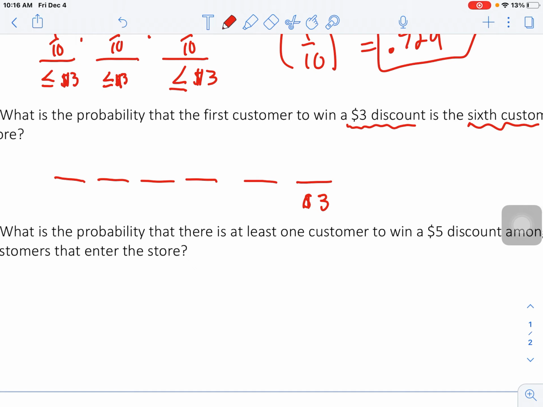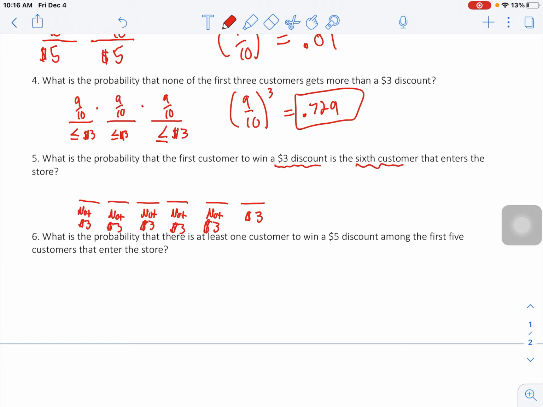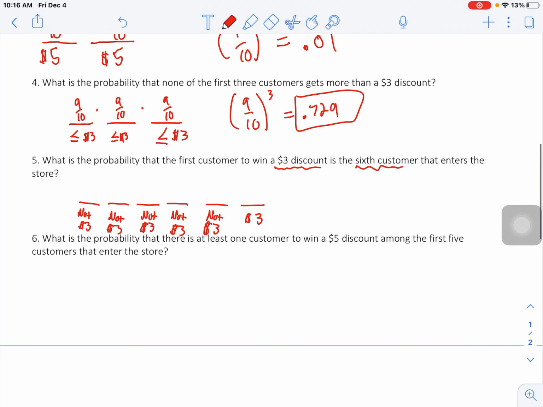So what we want the other 5 to be is not $3. Okay, so the first 5 have to be not $3, and then the 6th customer has to be the first